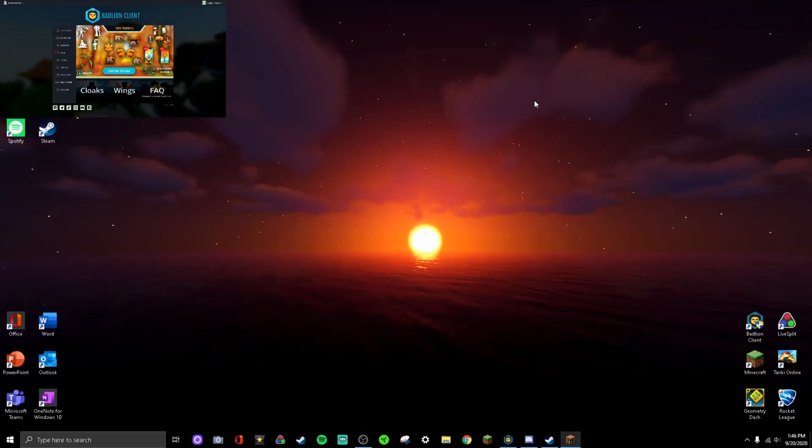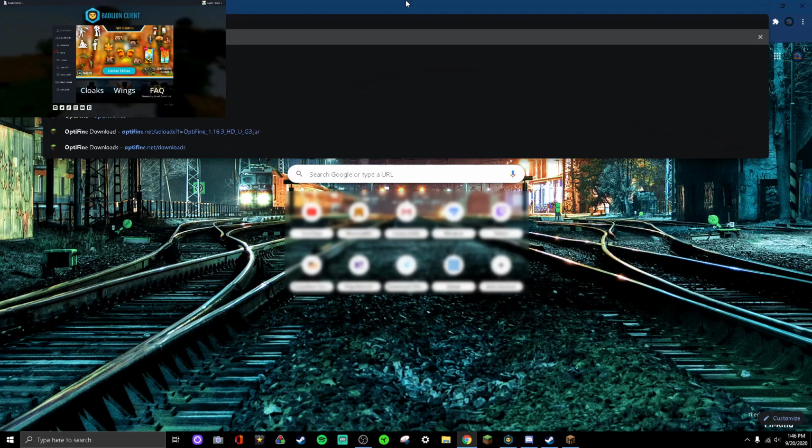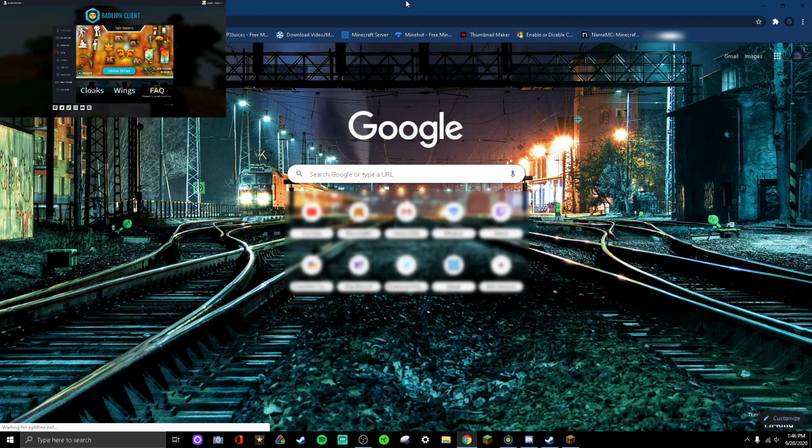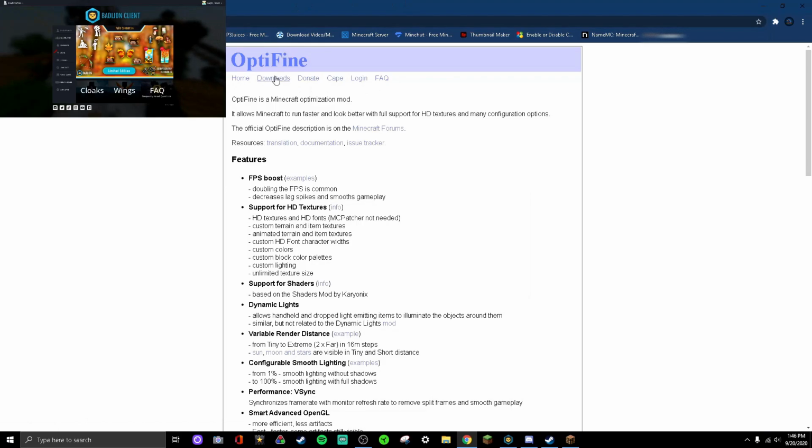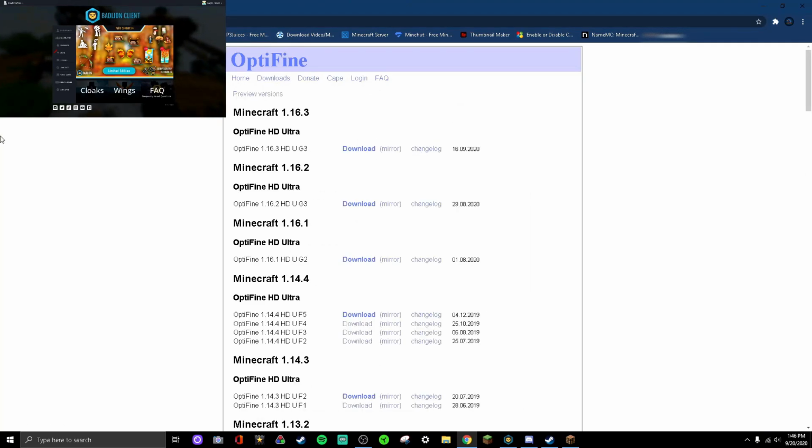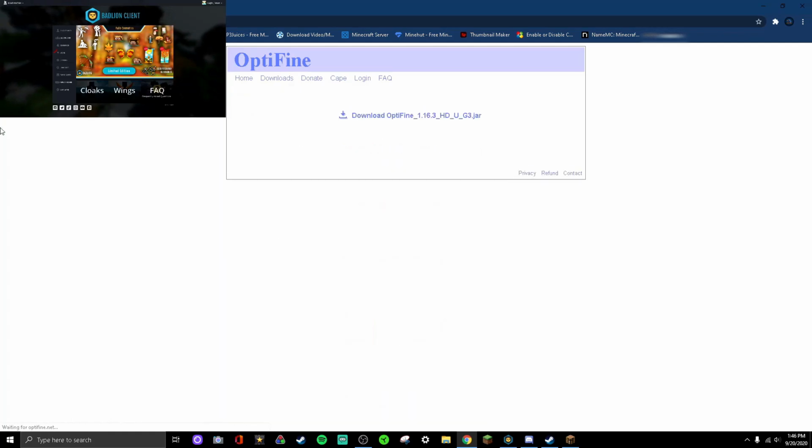First of all, what you're going to do is go simply to Optifine.net. And here, you're going to want to download Optifine. Optifine is something that basically just improves your FPS. That's all I really need to say about it. To download it, you're going to click download or mirror. If you click on mirror, it's just going to give you the straight download, and then you can download it